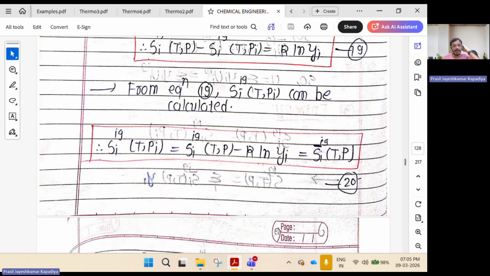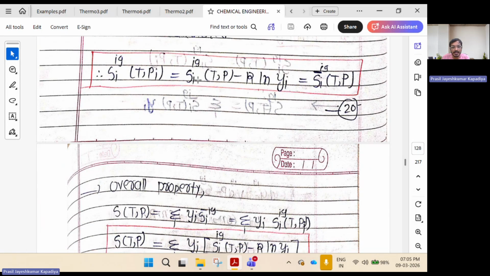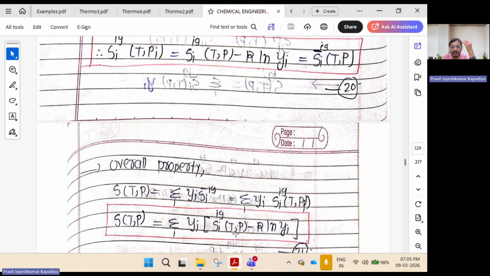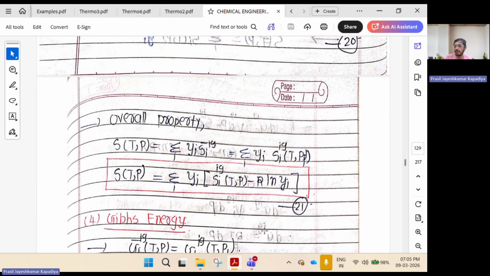And if we use the summability rule to find the total overall entropy of the system, that is nothing but the sum of yi Si bar, so the sum of yi times (Si at T, P minus R ln yi). Okay, so it is not as straightforward as it was for internal energy